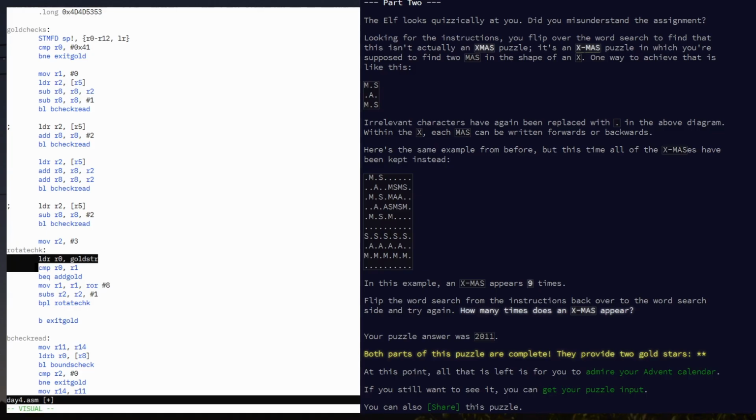So I load, this is what I got here, rotate check, right? So I load in that. I'm loading in every time. Why am I loading every time? Don't need to load in every time. I could have put it up like here. Just once. Could have put it there. That would have been better. Anyway,